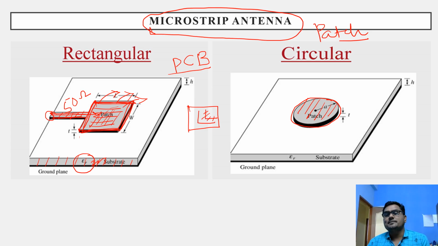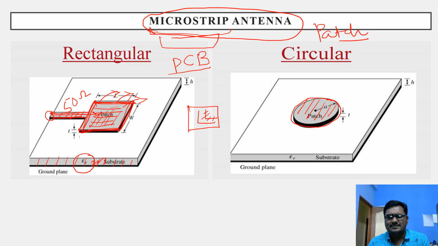Probably in your third chapter, we are dealing with what is microstrip antenna, the construction, working, the operation, the analysis, as well as the design. Everything is included in the third or fourth chapter related to microstrip antenna. So for the time being, microstrip antenna is just an antenna which has the same structure as your PCB.